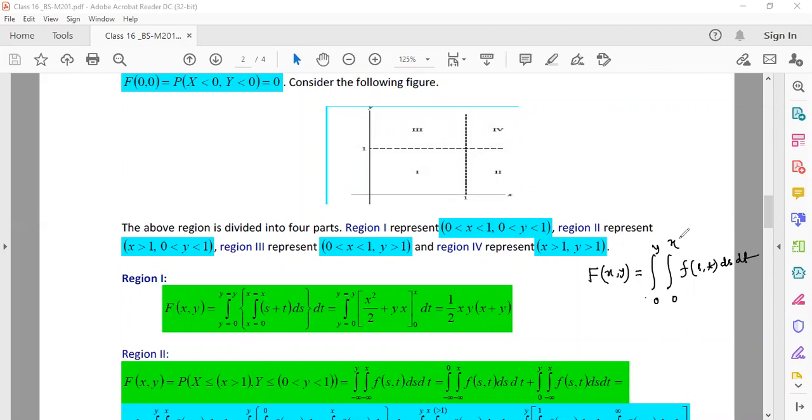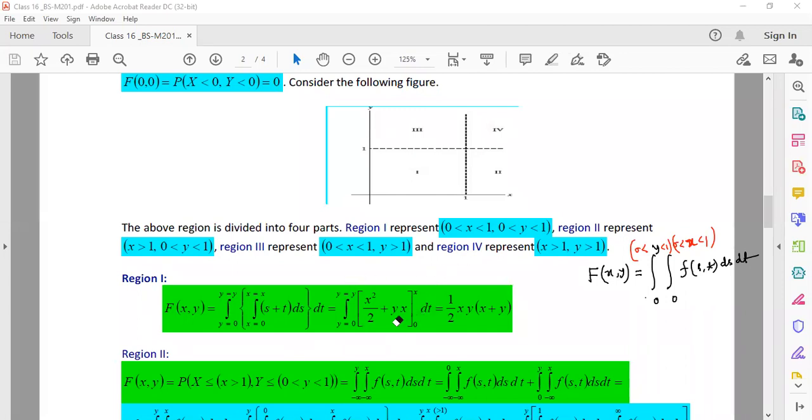Now, if you want to be more explicit, you will find that this y is between 0 to 1 and this x is also between 0 to 1. You have to remember what limits they are taking. So we can represent the thing in the following manner. In this limit of 0 to 1 for both x and y, we know that the functional form is x plus y, so in place of x plus y, we're writing s plus t. And then it is just a matter of integration.